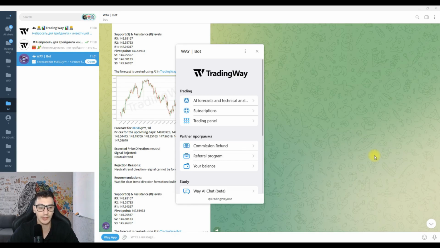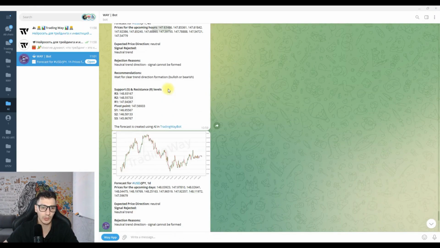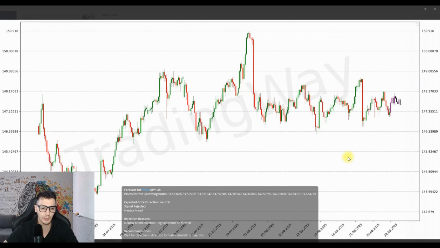And the best way to do this is by using a wide range of different tools that can filter out false signals or questionable moments in the market. Here's one example. Today, I wanted to enter a trade on the USD JPY pair, buying from the support level. The price bounced off and I started making inquiries with the intention to buy. So, my first request to the neural network was to analyze the 4-hour chart, which is a medium-term movement, and